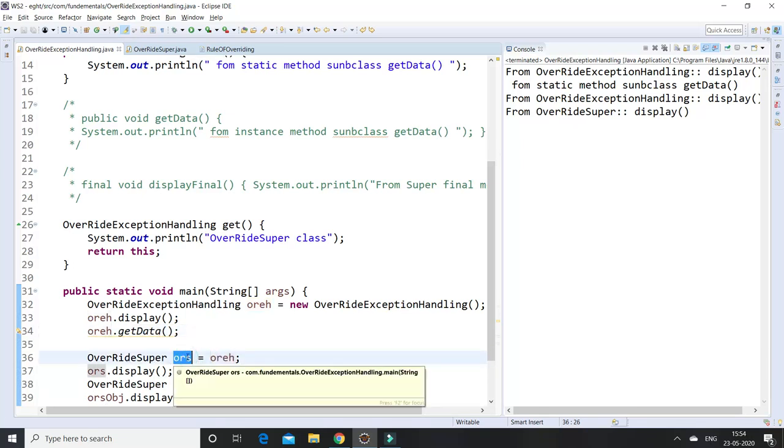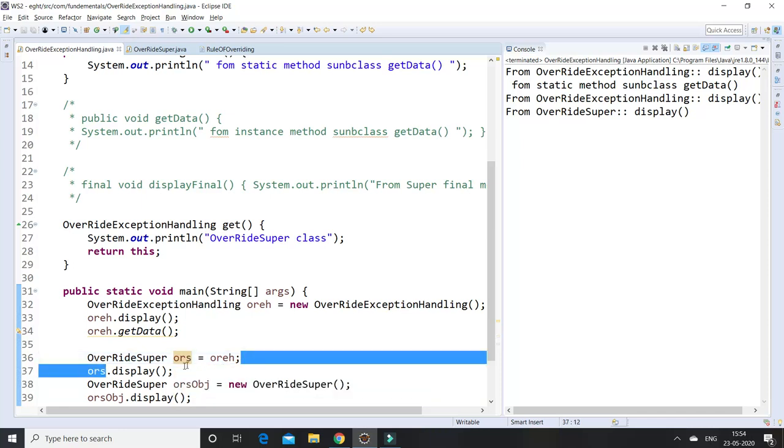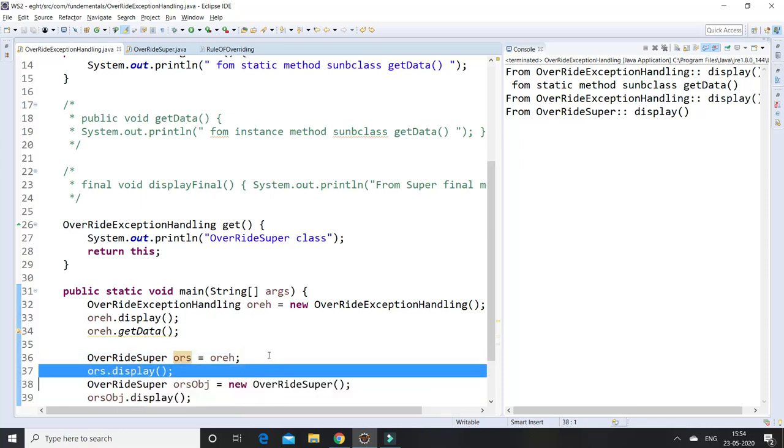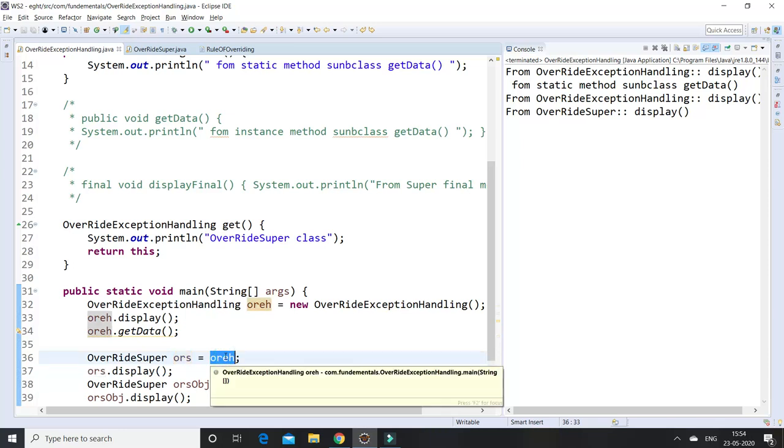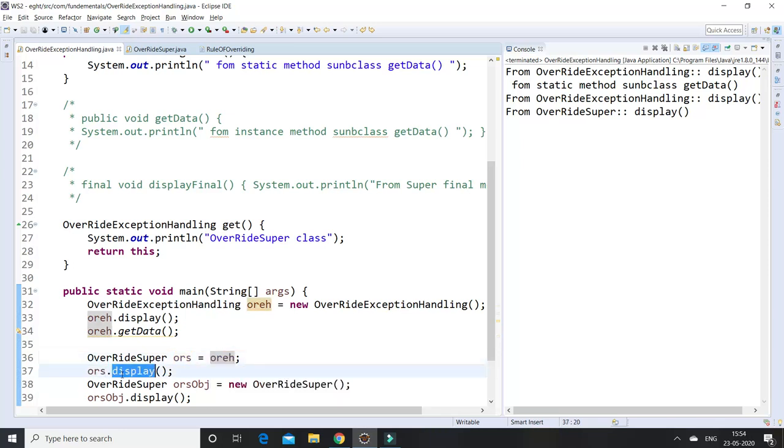This is called dynamic dispatch. What is the expected output? It will call the subclass method, because at runtime it decides which object it is referencing. That's why it calls the subclass method only. Here also it shows exception handling, because overriding exception handling is the subclass.